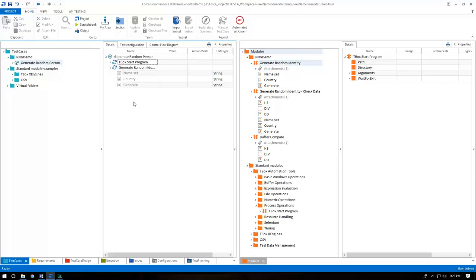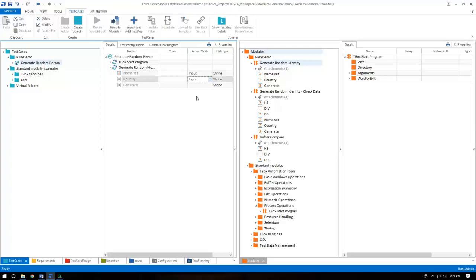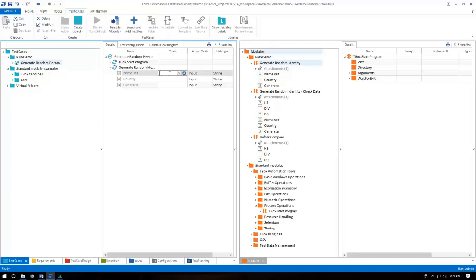So here, we're going to add action modes. These action modes are all based on the type of item that you're looking to do. So in this case, since we're looking to send in a command, we're going to use the input action. So we're going to input in nameset, in generate, and in country. So in nameset, you'll see here, since it's a list that we're pulling directly from the site, Tosca automatically analyzes it, so we'll get a drop-down menu of what we're picking. So in this case, we wanted to pick Hobbit, we wanted to pick Denmark,